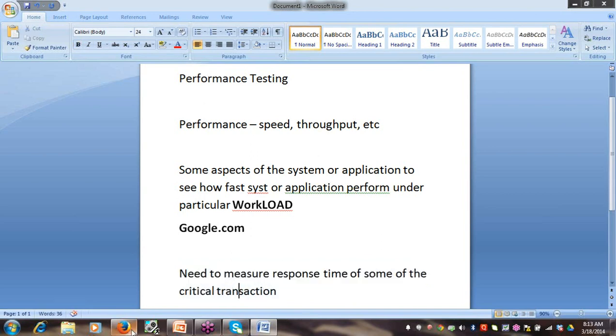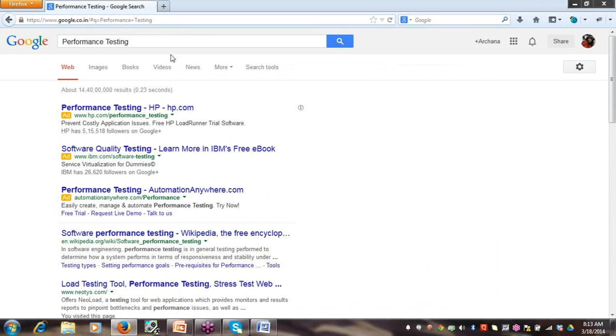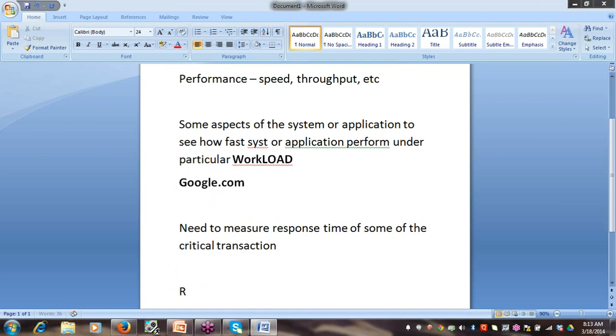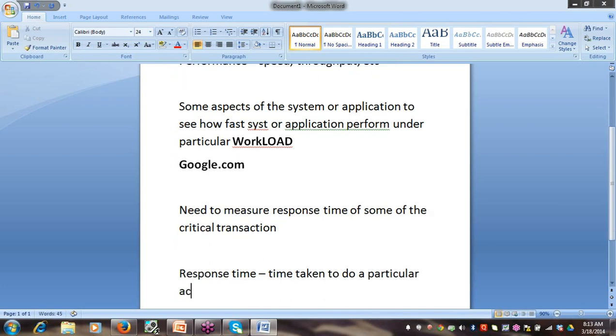Team, it's the time taken to do a particular activity. I will just mention it. It's the time taken to do a particular activity or action, you can say.